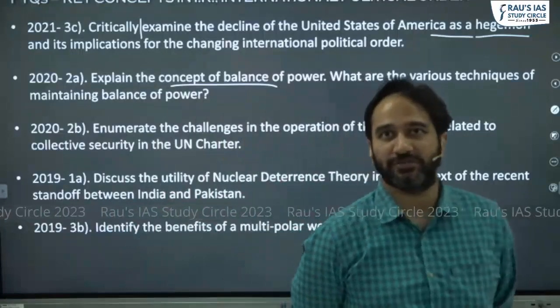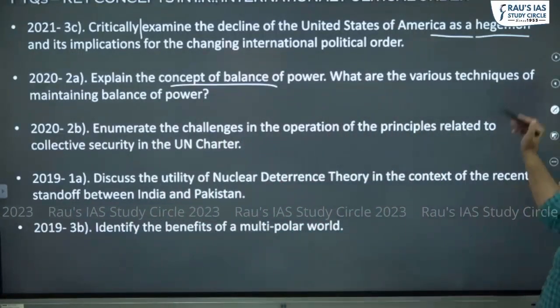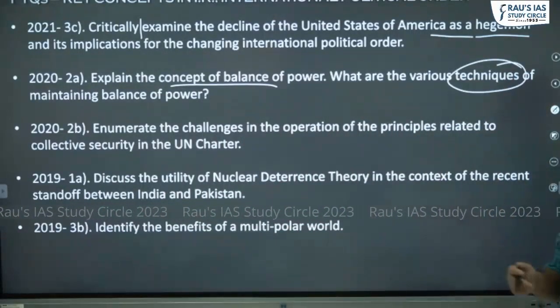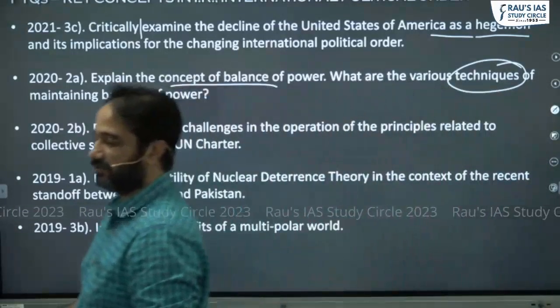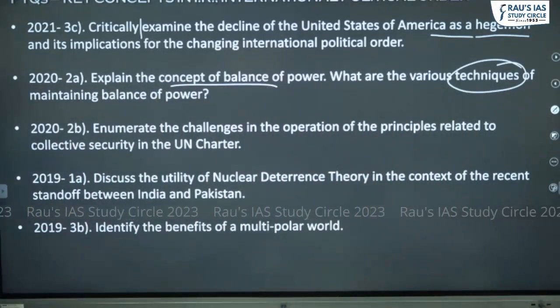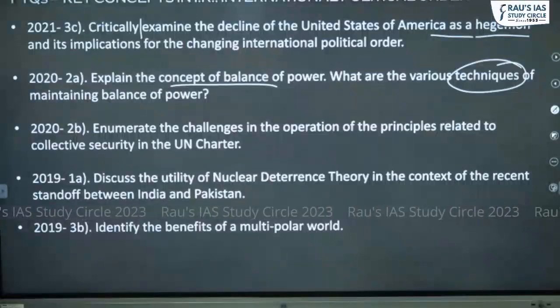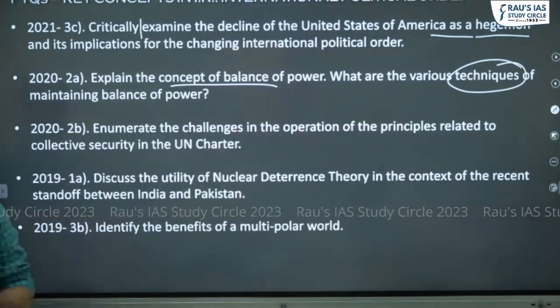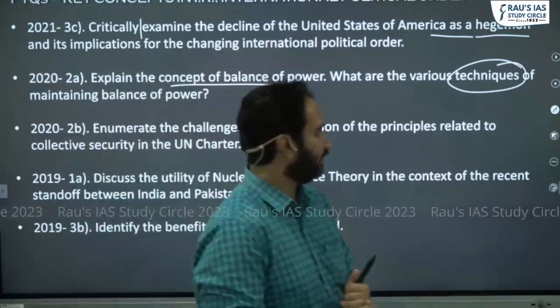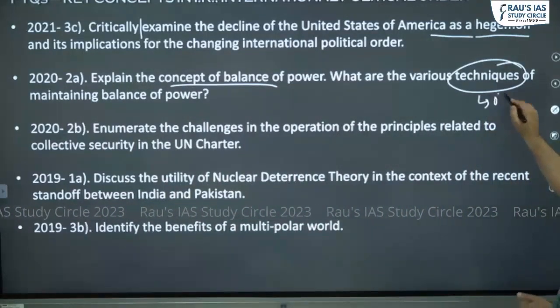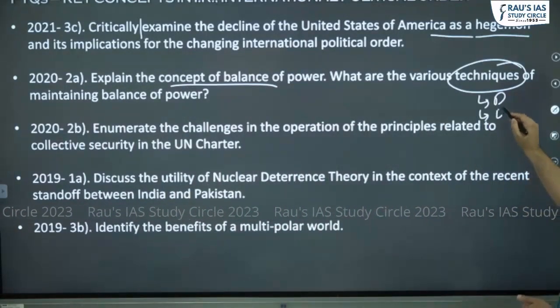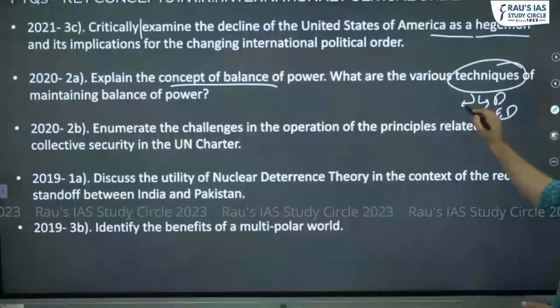To explain the concept of balance of power and what are the various techniques for maintaining balance of power? Arms race. Techniques of maintaining balance of power. So, deterrence, extended deterrence, arms race,